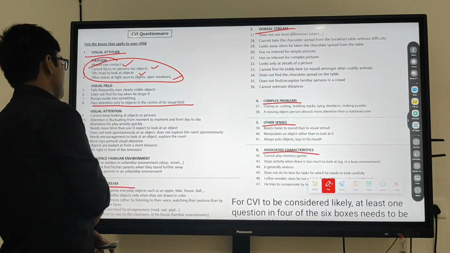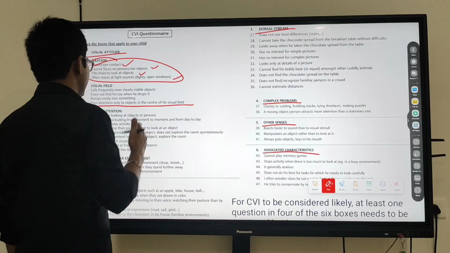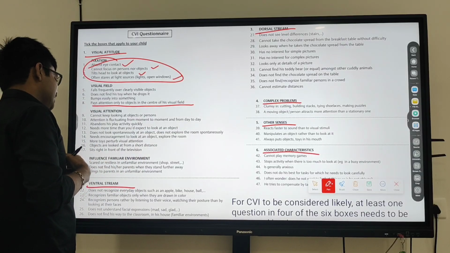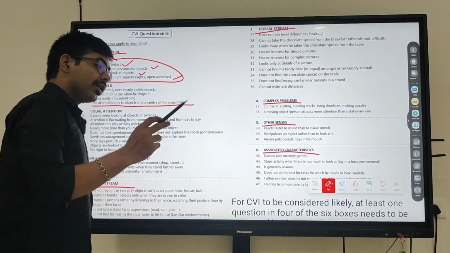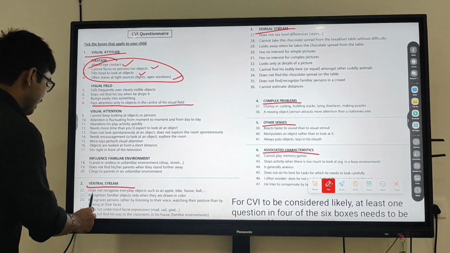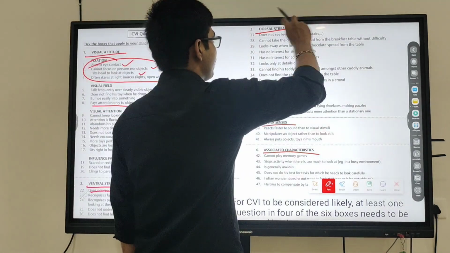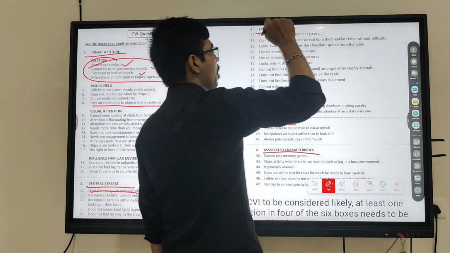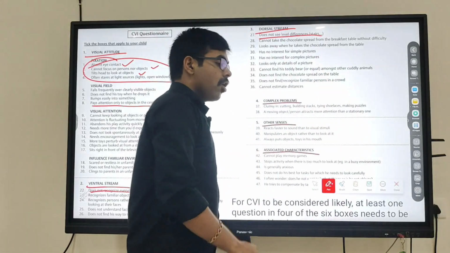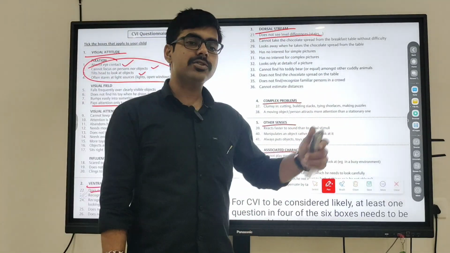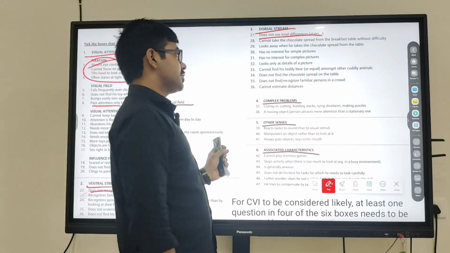In visual attention, we are trying to find for how long the child can maintain their attention. In the ventral stream, we are trying to understand which objects the child can identify properly, like whether they do not recognize everyday objects such as apple, bike, house, ball. In the dorsal stream, we are checking whether the child has problems day to day in their where pathway, like not seeing the levels of difference when going up the stairs, so they are not able to identify the stair gaps properly. That can be due to a dorsal stream problem.